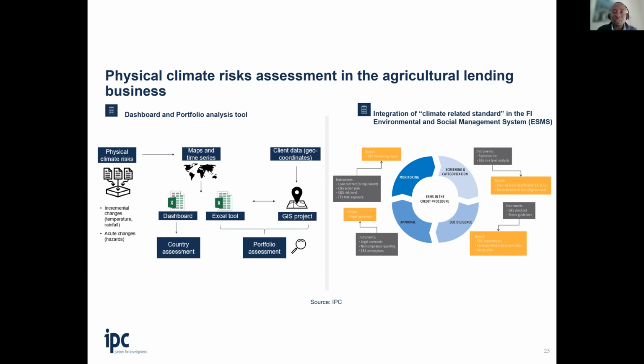So this process is quite new, and we are working mostly closely with credit officials, but also with the environmental and social management unit within the bank in order to smoothly integrate all these climate considerations into the current systems. So yeah, let's move to the next slide,